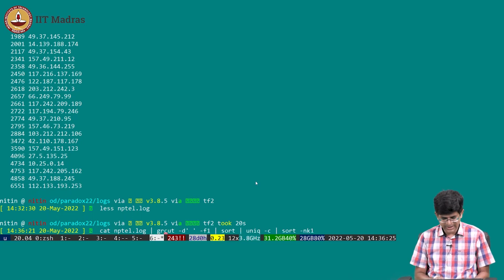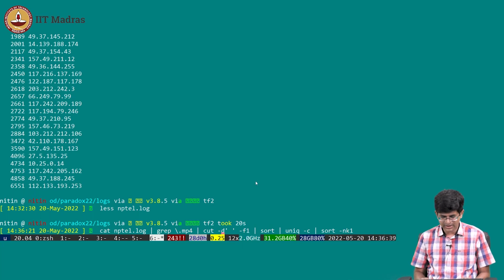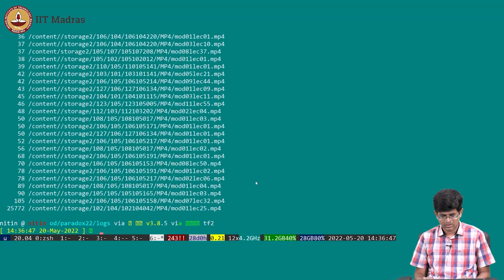I first do a grep, okay? And this grep will search for the pattern .mp4. I need to put that backslash in front because the dot otherwise will be interpreted in some other way. Okay. Now I don't want to get the first parameter. I think I want the 7th parameter. That's the actual file name, right? And I do the same thing out here. What happens? It basically tells me that, for example, this MP4 file was downloaded 25,000 times. I mean, this doesn't make sense, right? Why would anyone download it 25,000 times? Some problem, most likely, right?